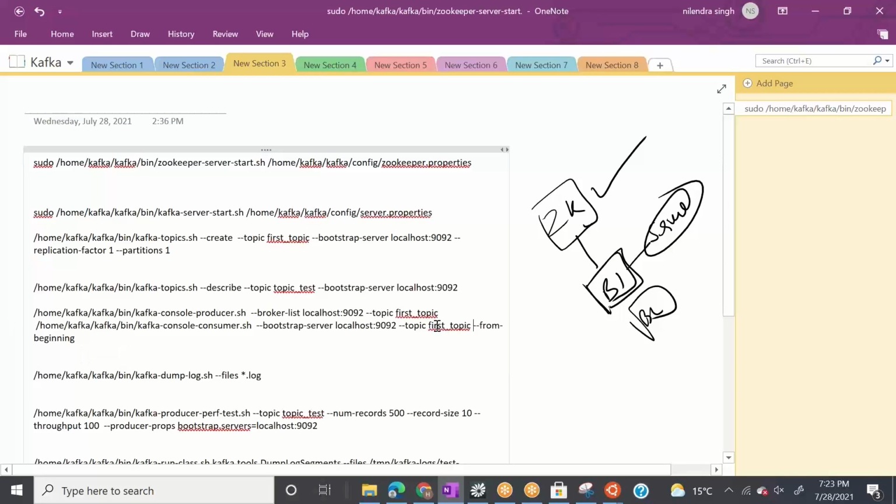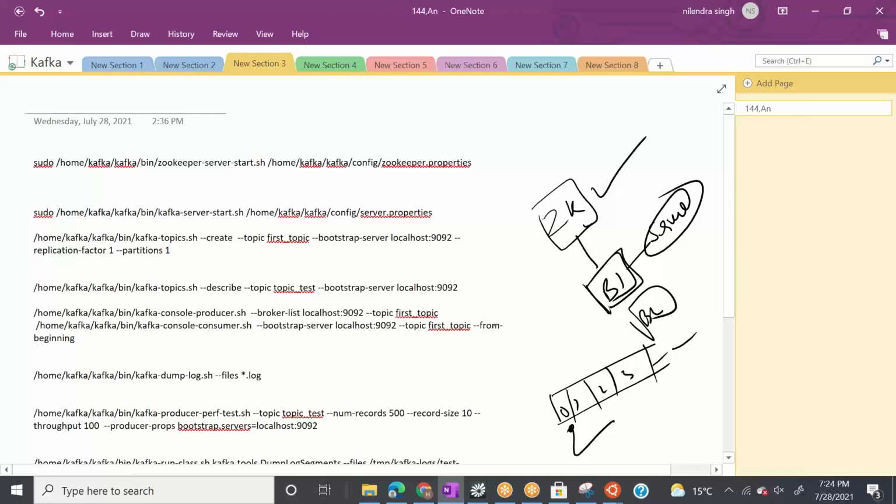When we talk about consuming, in the producer we have offsets 0, 1, 2, 3, and so on. From where do we need to read the partition or topic? Let's say we need to read from the beginning. So we give from beginning here, and that's why I have given from beginning. This is good. And from where do we need to read? What is the broker address? The server address is this, and we are using consumer.sh.